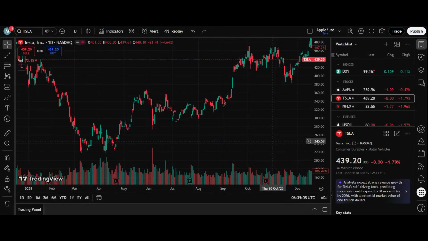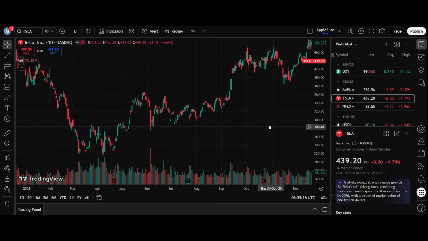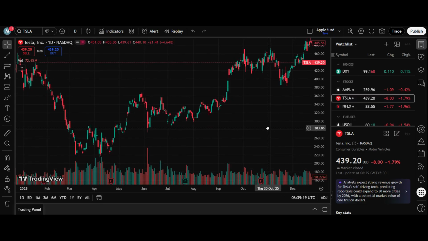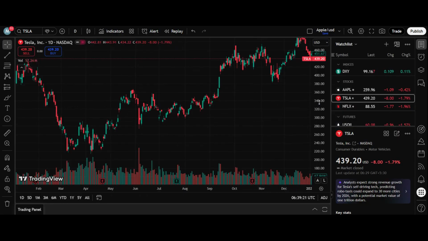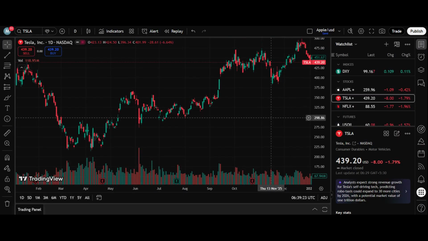In today's video, I'm going to show you how to add and use linear regression in TradingView. This powerful technical indicator helps you identify trend direction, potential support and resistance levels, and possible price reversals. Linear regression is essential for traders who want to make data-driven decisions based on statistical trends rather than just visual